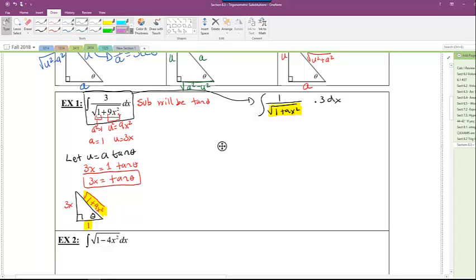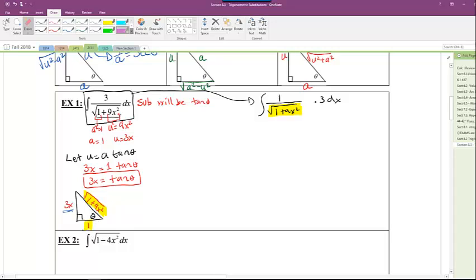So never reintroduce the variable into your problem. So I'm looking at this triangle, and I know that I need to rewrite the square root of 1 plus 9x squared as a trig function, and I have theta here,